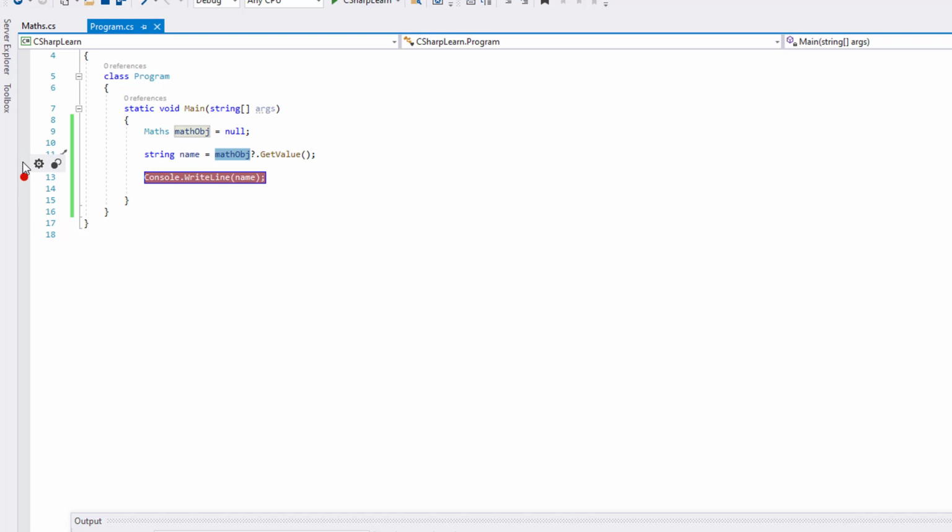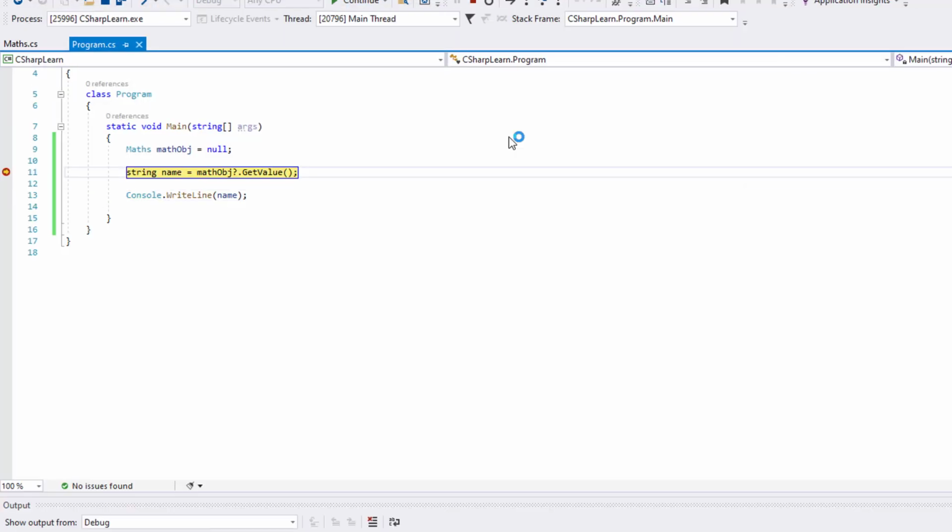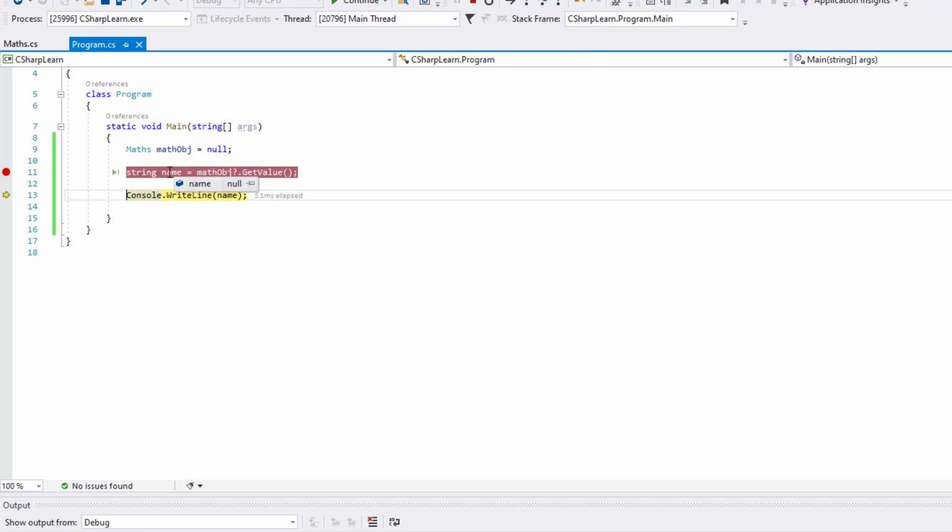Let me put a debug point here and run that. Yes, this math object is null, so it won't call this one. Now what is name? Name is also null. So it will just print null. Basically it won't do anything. That's the advantage.